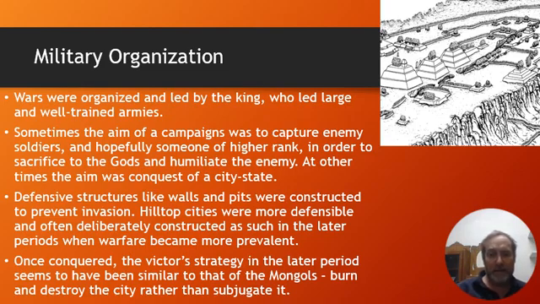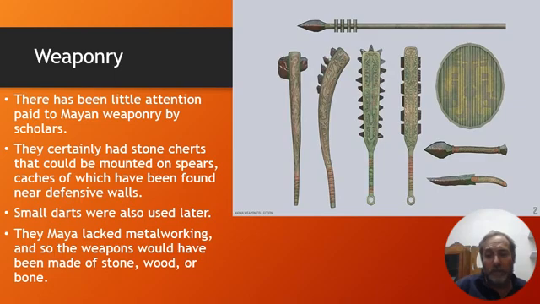In later periods, often cities were built on hilltops because they're much more easily defensible. And in this period, warfare was much more prevalent. Surprisingly little attention has been paid to Mayan weaponry, but they did have weapons. Obsidian, again, was used all over the empire. It's incredibly sharp. Some of the Mayan weapons were used as spear points, various sorts of darts, knives, right? There was no metal, so they were all made of stone, wood, and